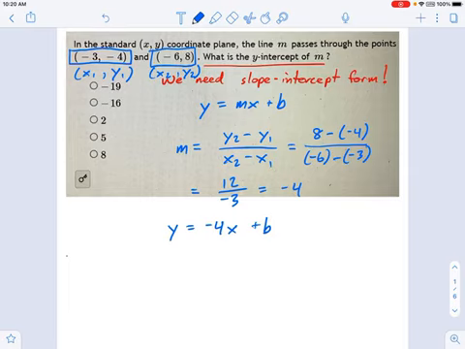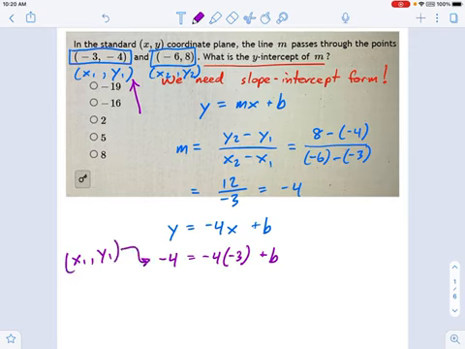Well, once again, go back to those points, and it doesn't matter if you pick x1 or x2, or y1 or y2, just make sure you pick the same point. Take the values for that point and substitute it into your equation. So, 8 for y, and there's my m, negative 4, and here's negative 3 for x, plus b. See, I plugged in my x and y values. And in this case, I chose x1, y1. But honestly, you could have chosen x2 and y2, and that would have been just fine.